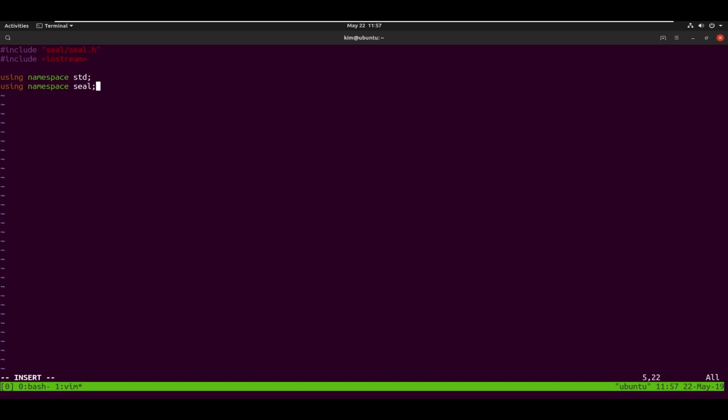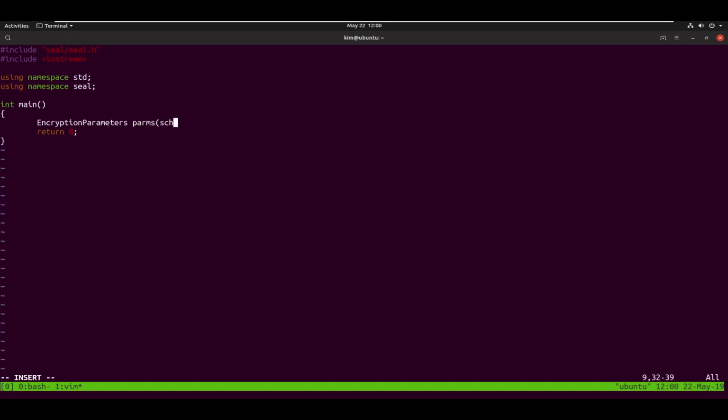Our main function will do only one thing: create a SEAL EncryptionParameters object and return. EncryptionParameters is a SEAL class that contains information about the encryption scheme we want to use and settings for it. In this case, we set up the encryption parameters to use the BFV scheme.